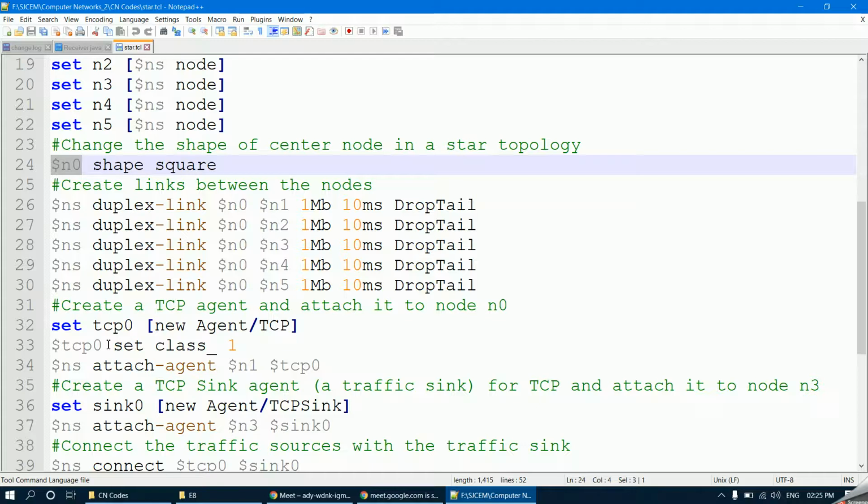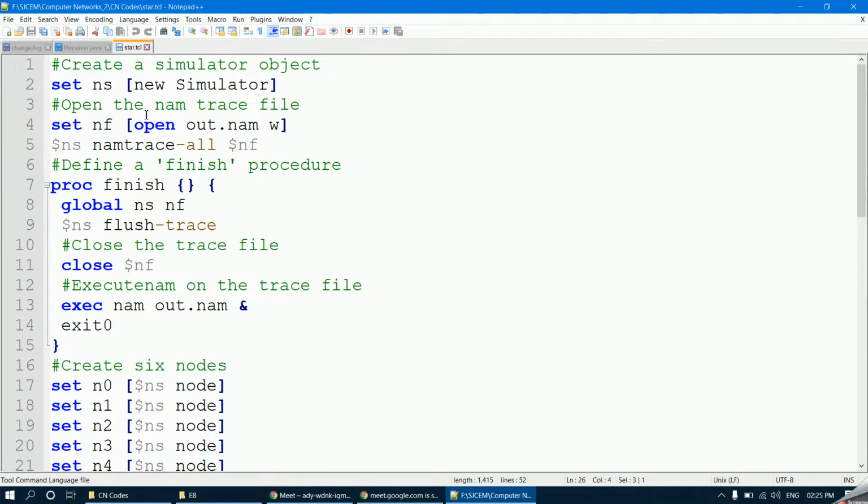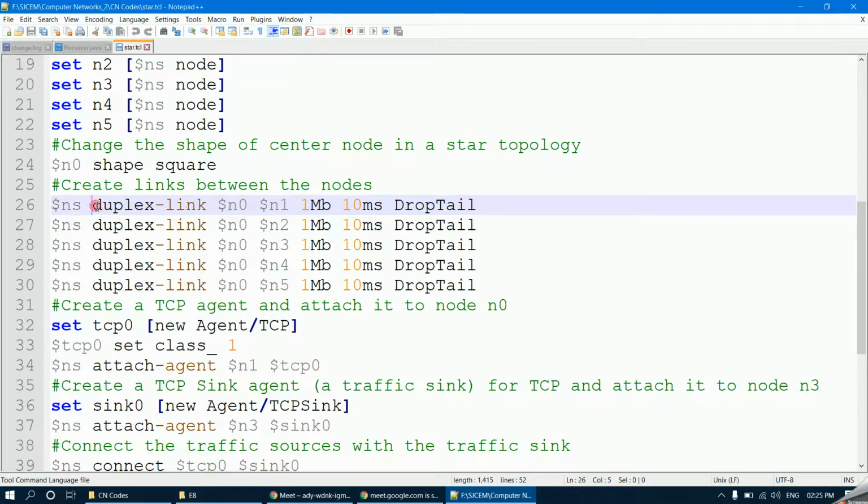So in this particular code, to create the link between the nodes, this is the command. Dollar symbol ns, ns stands for your new simulator, duplex-link. Okay, now you are trying to create the link between node 0 and node 1. Are you getting my point?